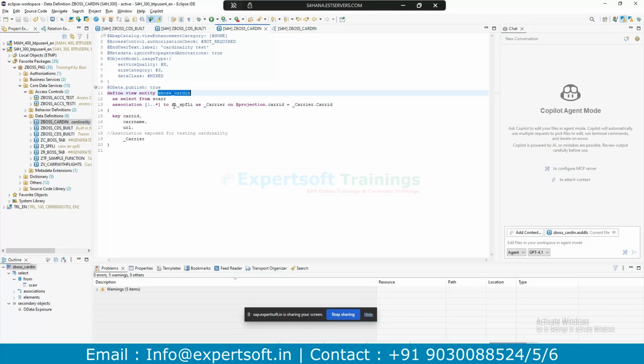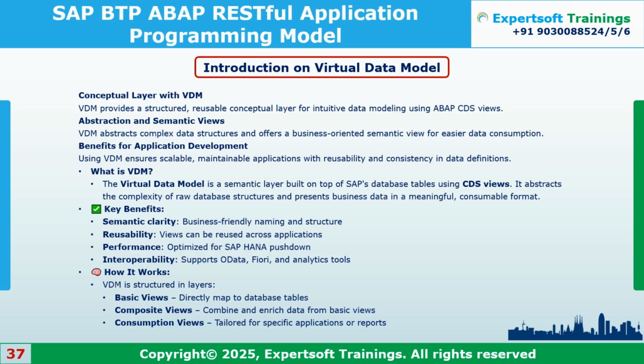A basic view is directly mapped to the database table. A composite view combines and enriches data from basic views.